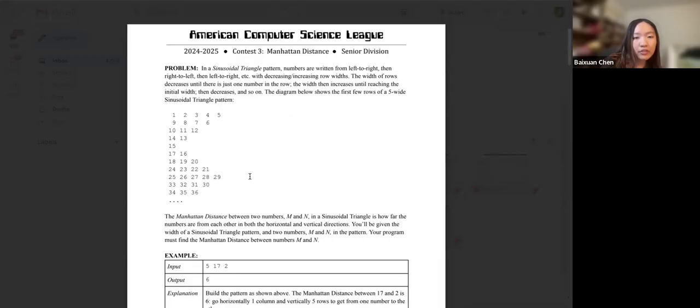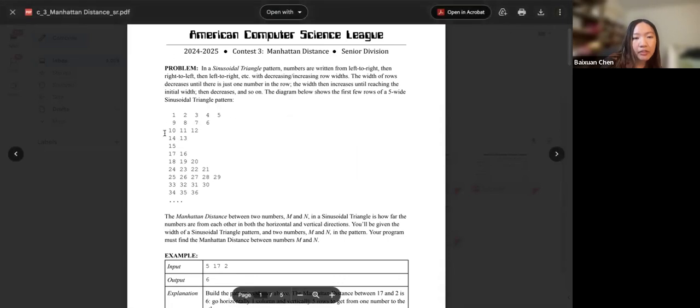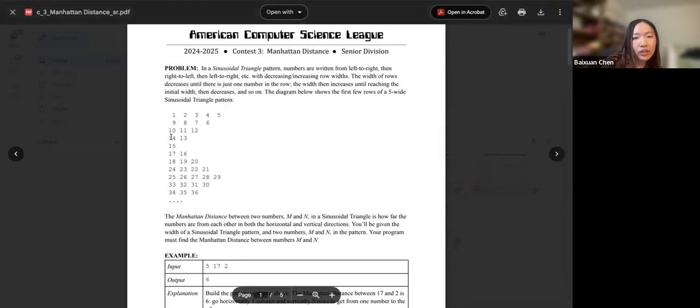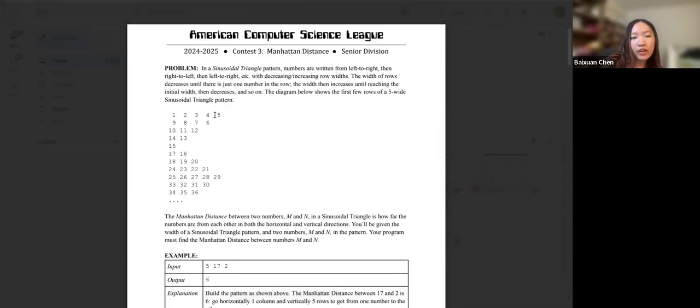Just to simplify it, instead of reading all the problems, it means they write out all the numbers, but if it's 5 wide, then it goes 5, 4, 3, 2, 1, and then it goes back up in width and then goes back down. Or it could be like 3 or 2. It couldn't be 1, but it could be like 2, 6, and so on. And then notice how the numbers snake. So it goes 1, 2, 3, 4, 5, and then 6, 7, 8, 9, 10, 11, 12, 13, 14, 15,